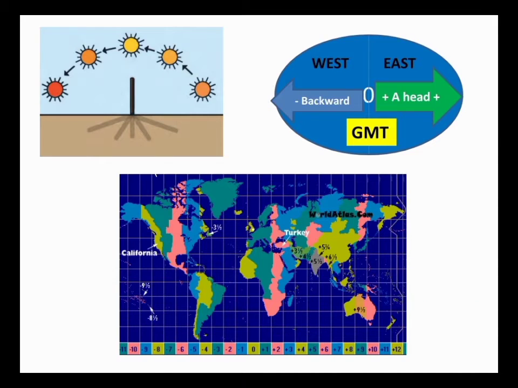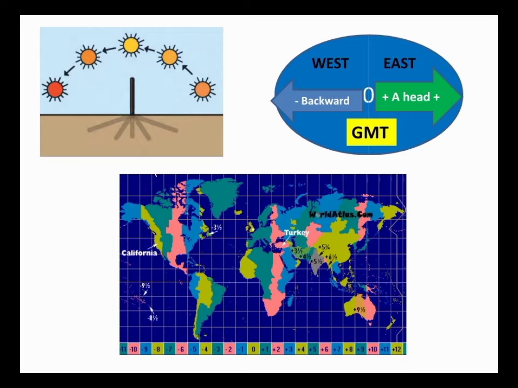In the previous class we learned about what is a local time. It is a time of a place which is decided by the location of the sun. We also learned what is the time zone of prime meridian, that is 0 degree. What is the full form of GMT? It is Greenwich Mean Time. And what is the GMT of India? It is plus 5 hours 30 minutes. It means it is ahead of prime meridian.